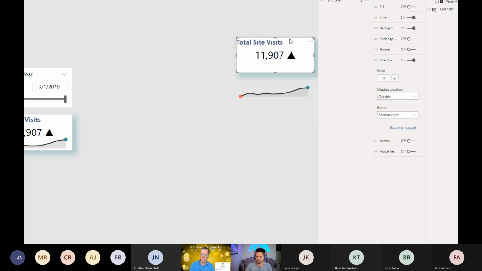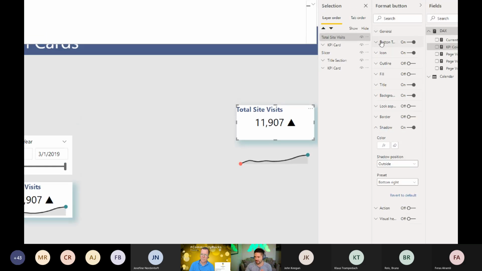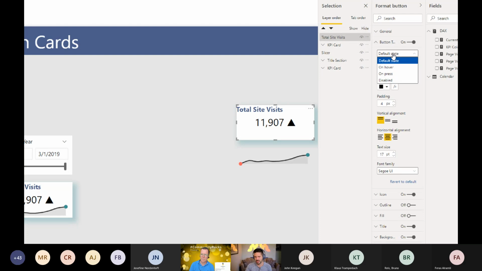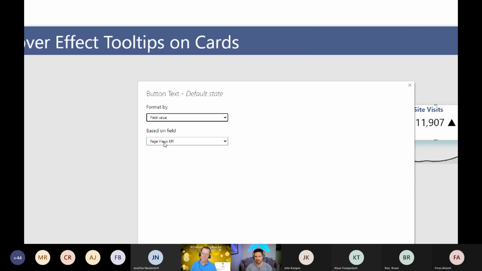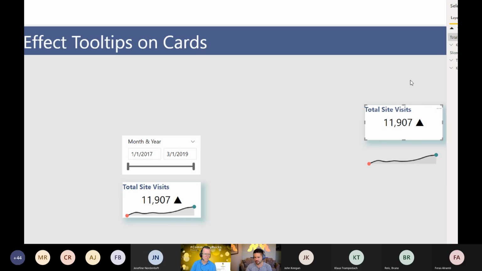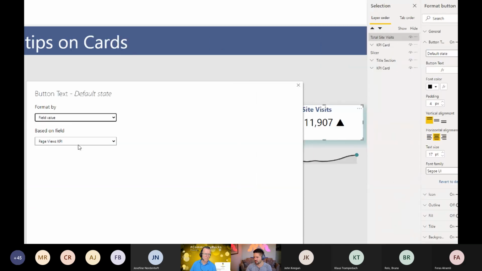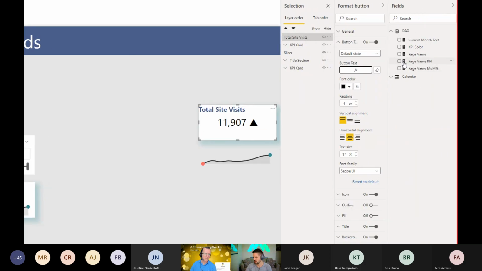Now, the actual hover effect that you're seeing here is the fact that I'm using the button text, where I can have different text displayed for my default, hover, and press. My default state has a measure being harvested here, which is just that number. Now, to display the information like this, it has to be converted to text. So the actual measure itself needs to be formatted, because the only things this will accept as a field have to be outputting some type of text data type. So in this case, let me double check, it's that one, okay.